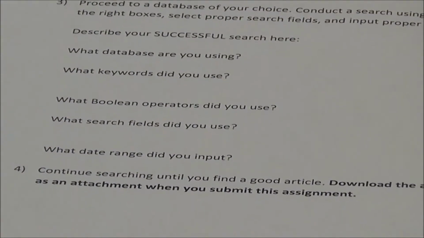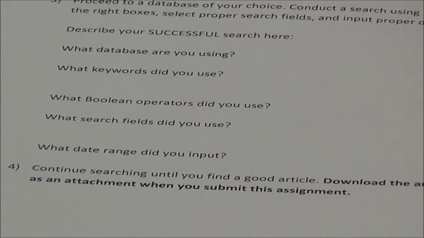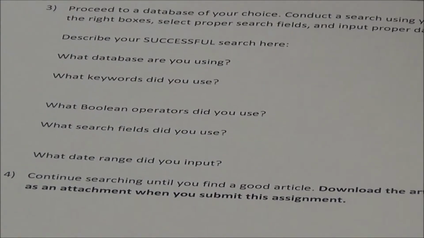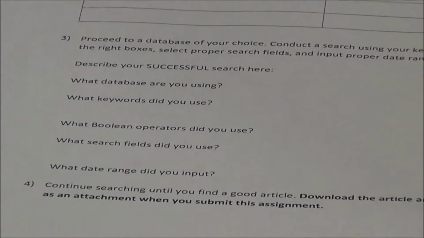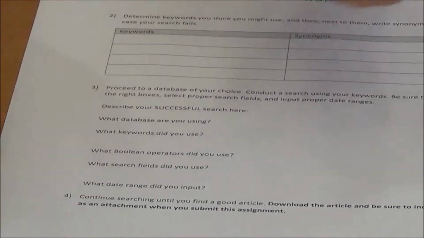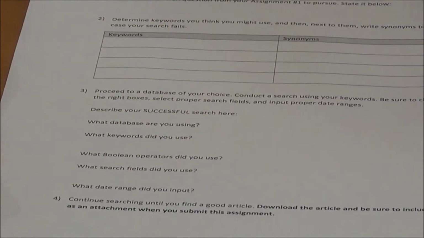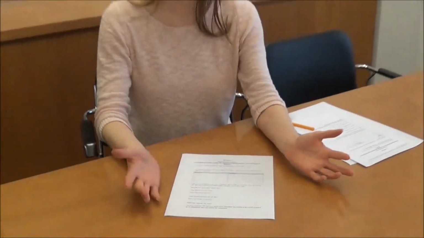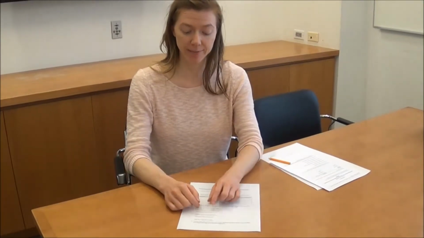Another thing covered in the video as to how to accomplish that, but make sure that your date range is appropriate to your topic. For example, if you're a medical assisting student, you want to have a recent date range. You want to find articles between 2010 and 2014, so you get up-to-date information, okay?